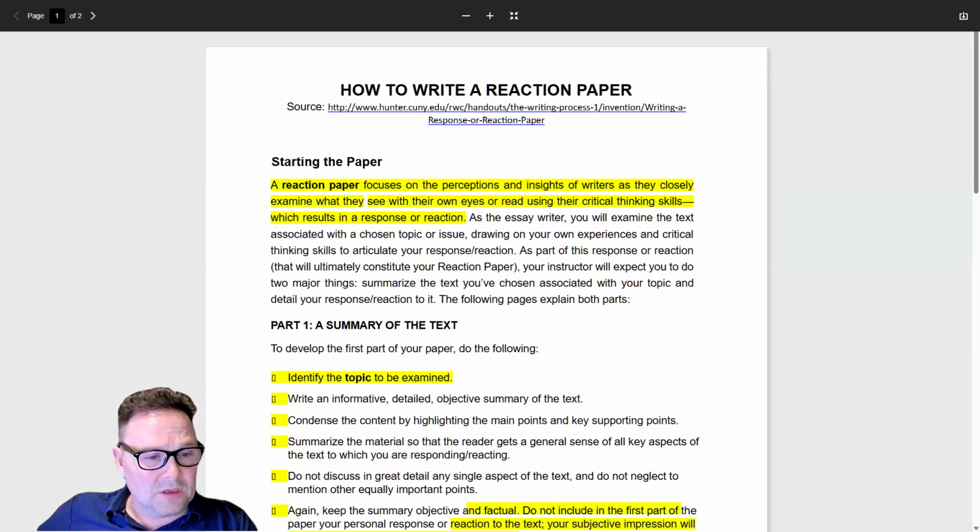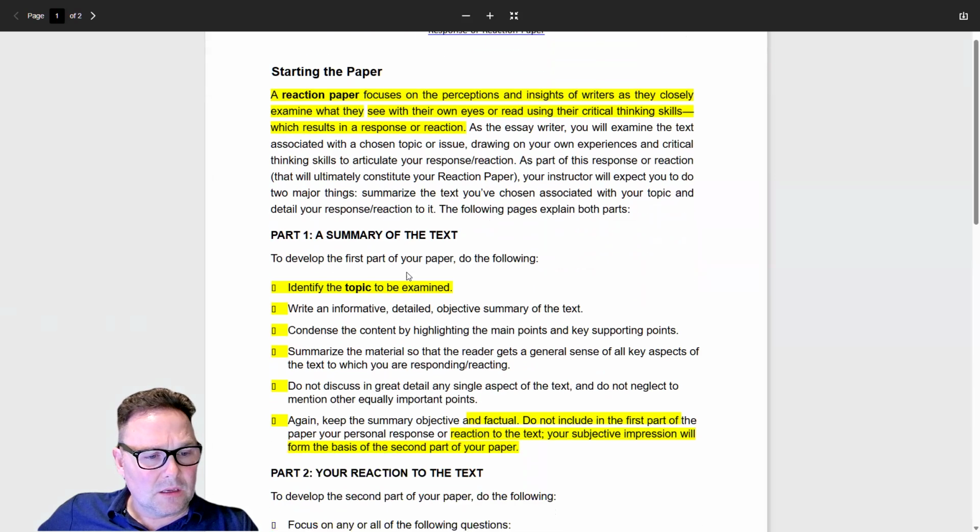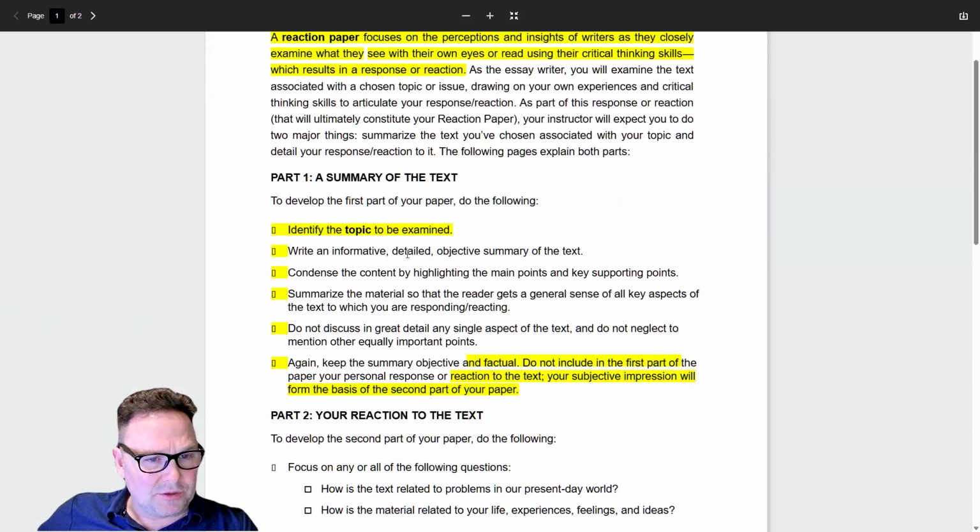Okay, this will be the first of our two documents we're going to cover in this video. These are both of our prompt materials in this week's module for our reaction paper. So the first one here, how to write a reaction paper. This one's just an overview of basically the two main parts. Now, there's going to be a little bit more to it than that, as we'll see in the next document,